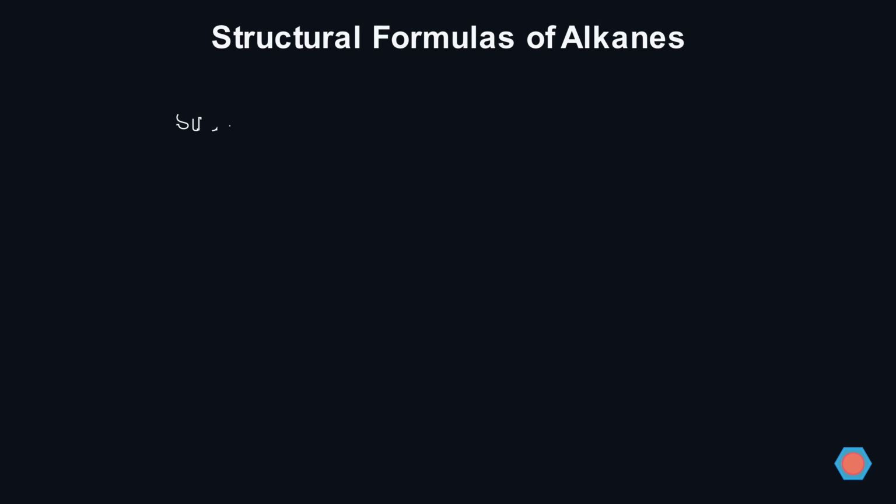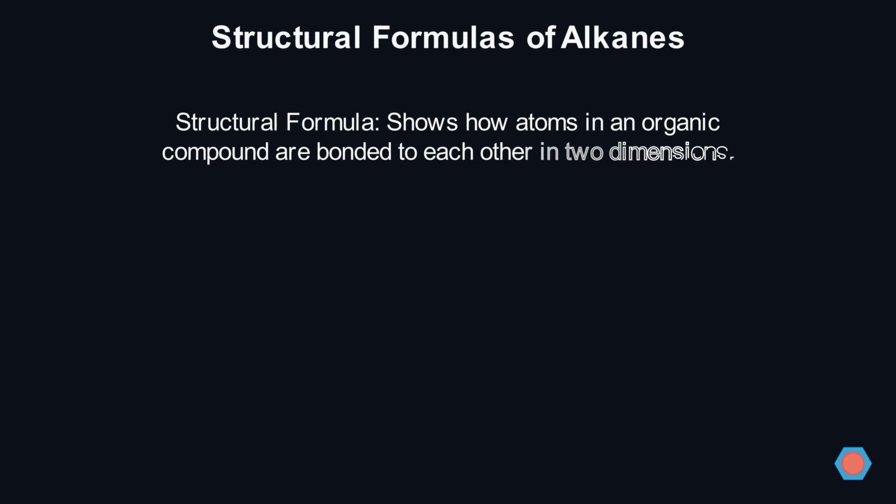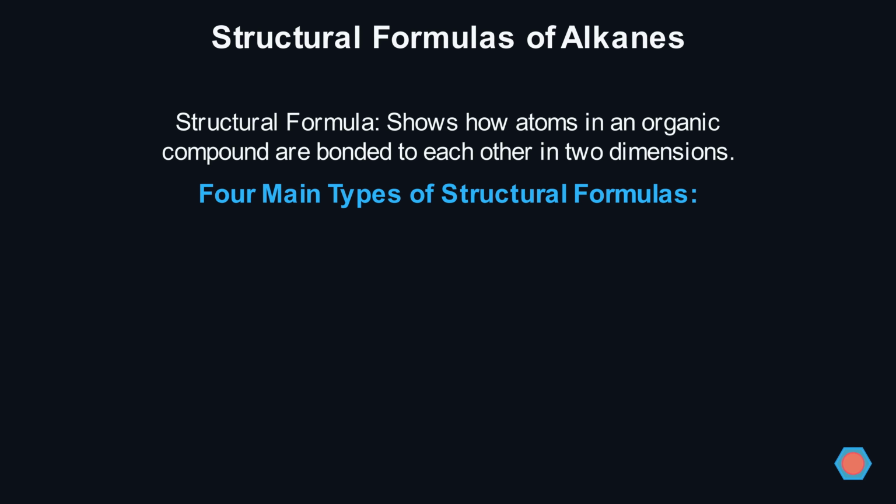The two-dimensional structural representation for organic molecules is called structural formula. It shows how the atoms in an organic compound are bonded to each other. The four main types of structural formulas are the expanded structural formula,